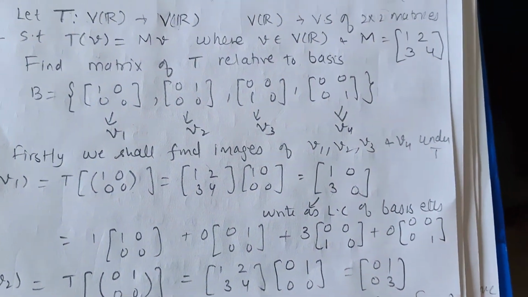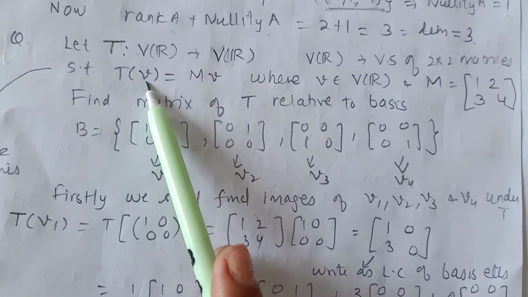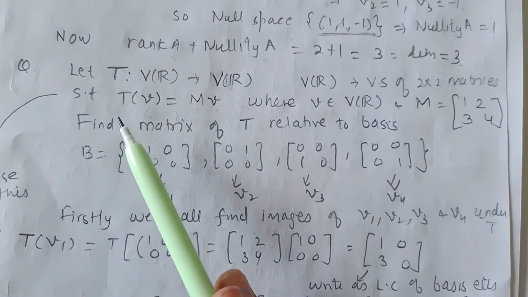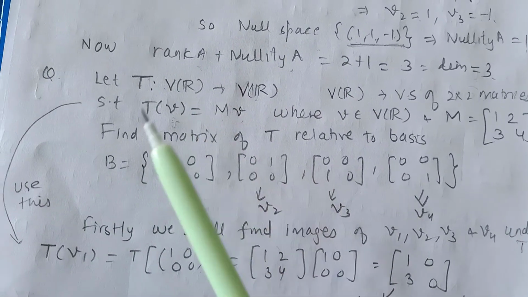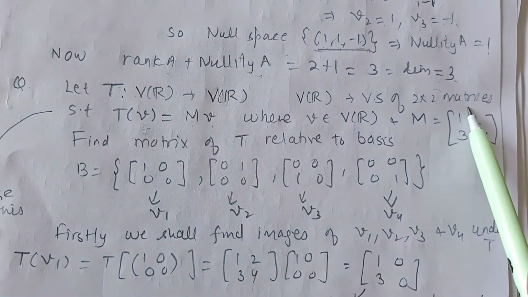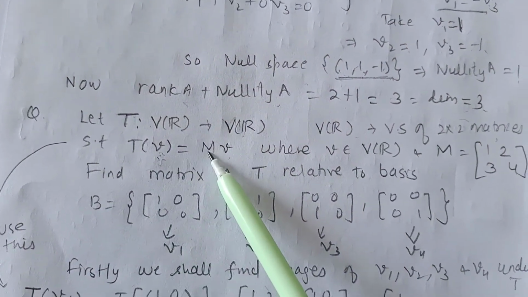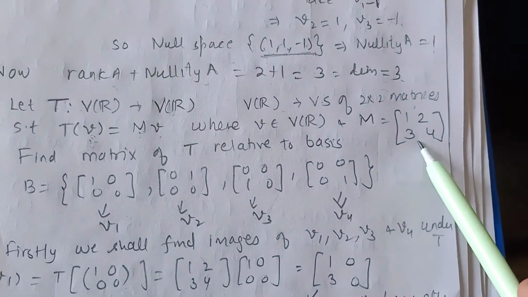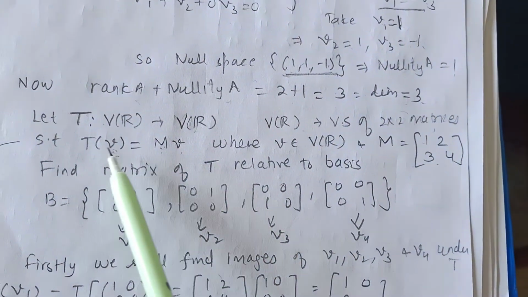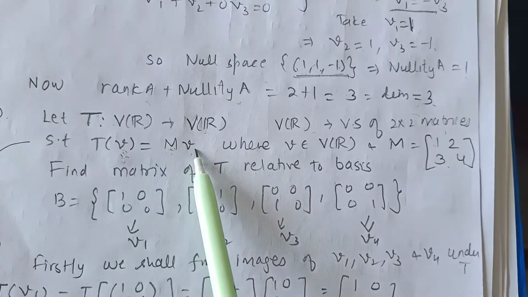I wanted to show it for the matrices. See how it will become. We are given this linear transformation which takes a vector onto matrix times vector. So this vector, actually you have to pick it from the matrices only. This V is a space of 2 cross 2 matrices. So this input value is also a matrix. It has to be multiplied by this fixed matrix shown here, 1 2 3 4, and its image will be this fixed matrix times the given matrix.